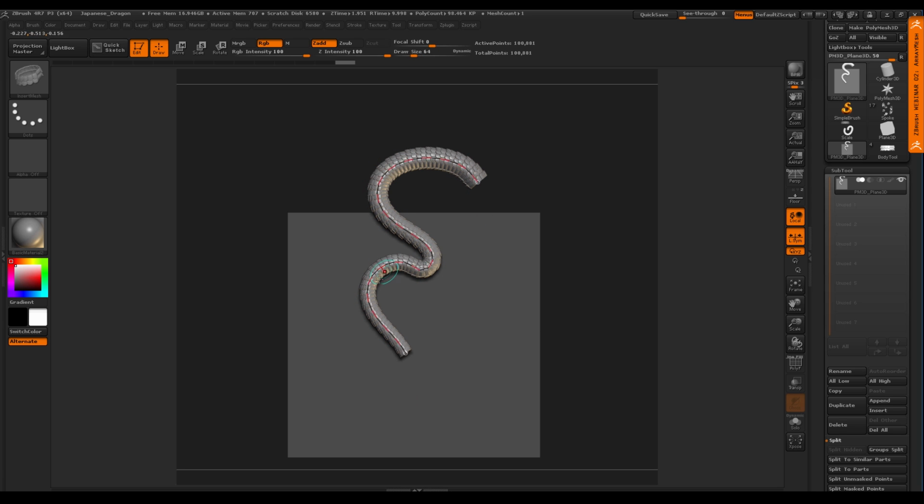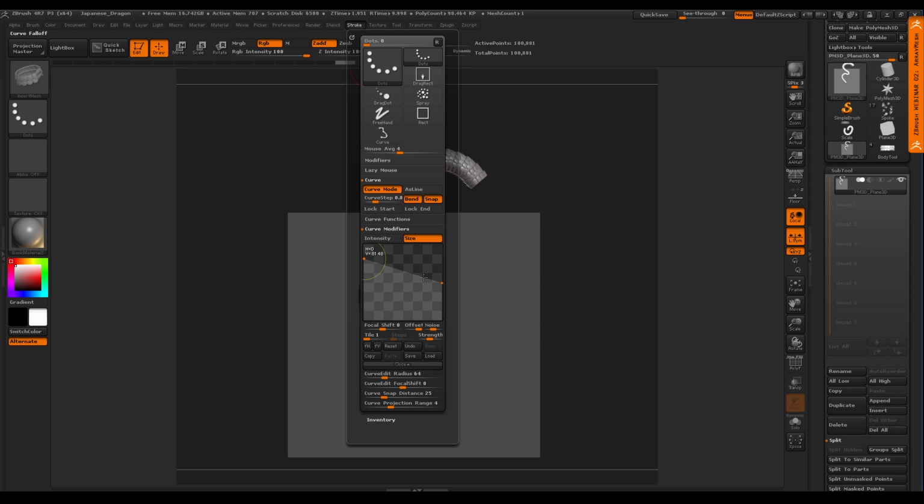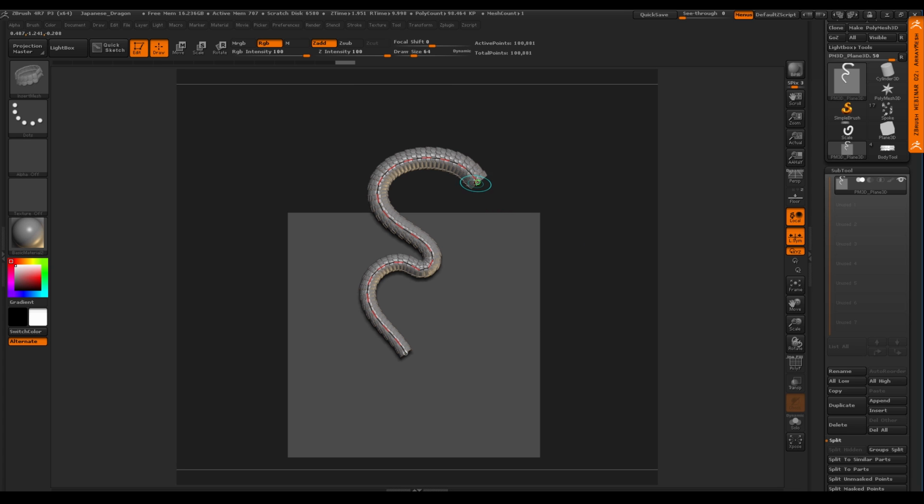Maybe I don't want that to start until it's way further down the body, right? So that's where I can use this graph to help me out. I can click and make another point, and if I pull off and pull back in, it becomes a sharp point. So I can do something like this. And then when I tap, you can see the taper is not really happening until about here in the body. That's exactly how I did the body of the dragon.